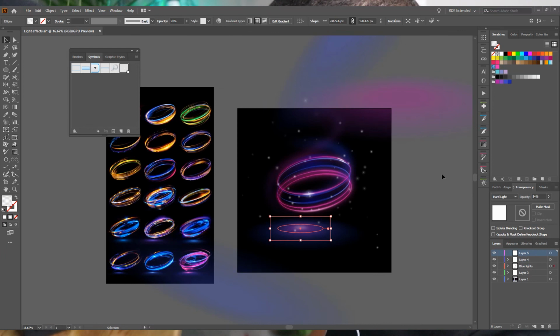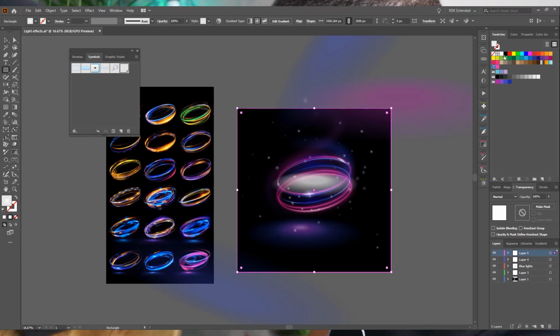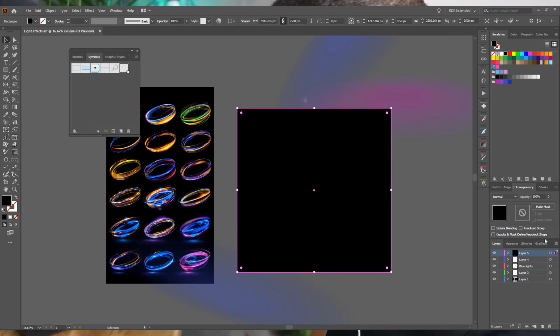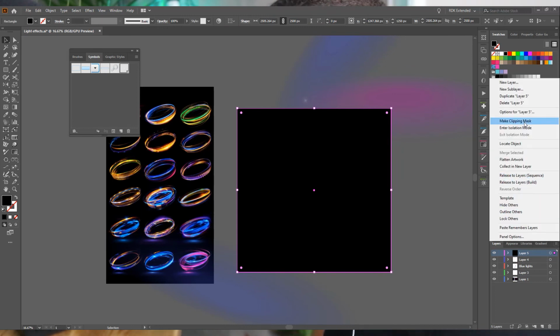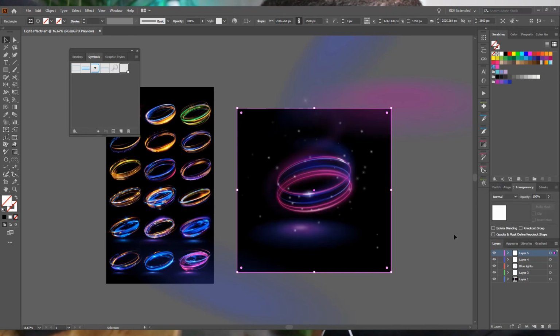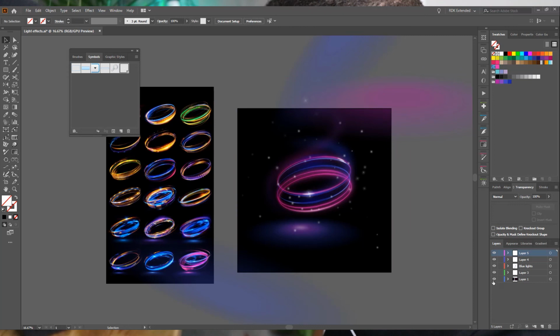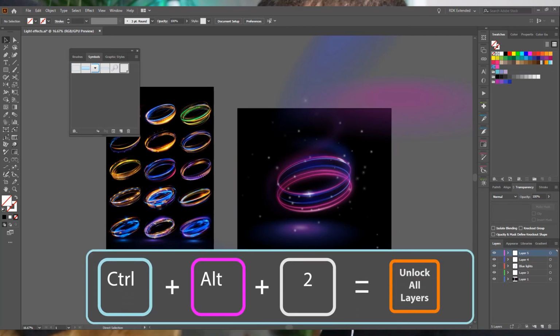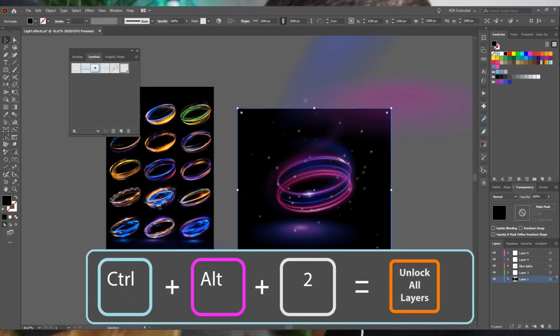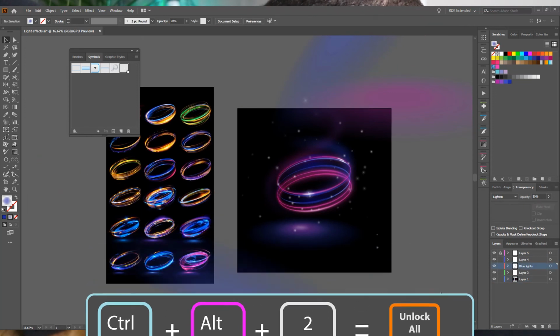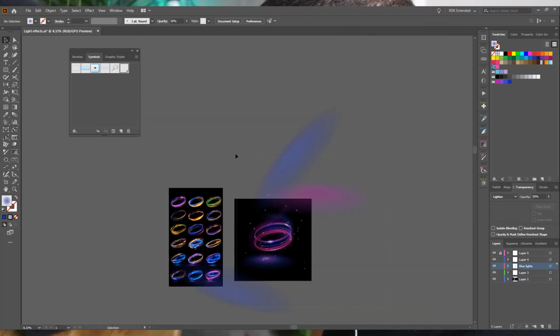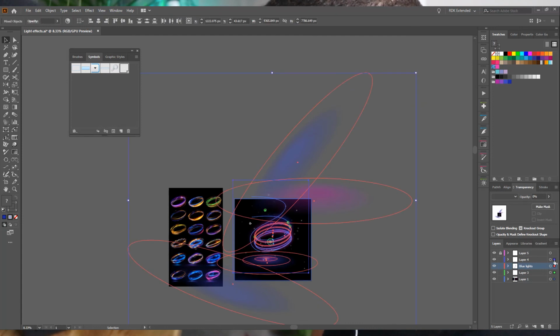Okay, so I'm going to create a new layer. Select this, and this is a cool clipping mask trick that I learned before. I'm just going to put it as black for now, and then we're going to go to Layer and make a clipping mask. So make clipping mask. Boom. Now what I need to do is press Control Alt 2. That's going to unlock everything. And then I'm going to lock the top layer, and then select all of this, and then drag all of that